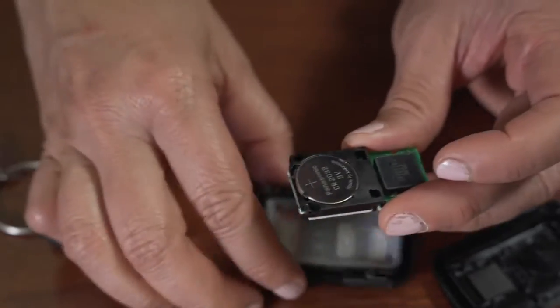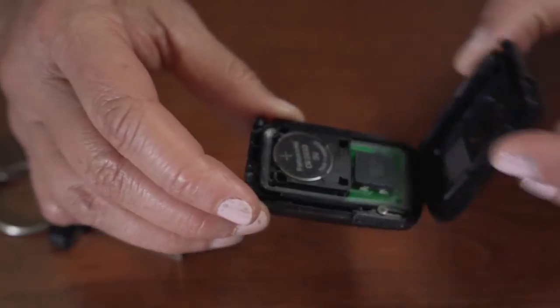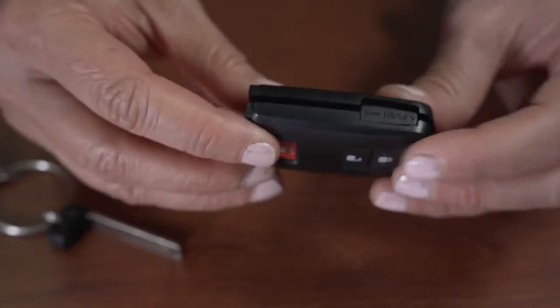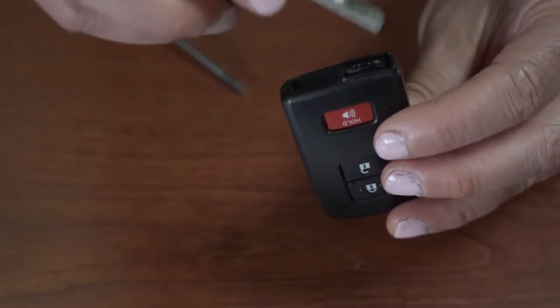That snaps right in, and you put that back in as you saw it, and just snap that in, and that's complete. And you can just put that in